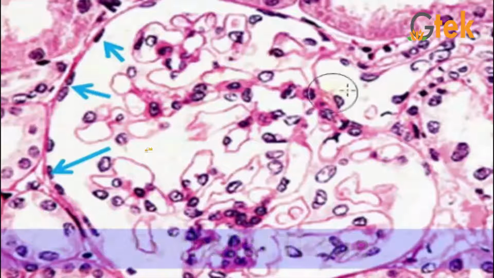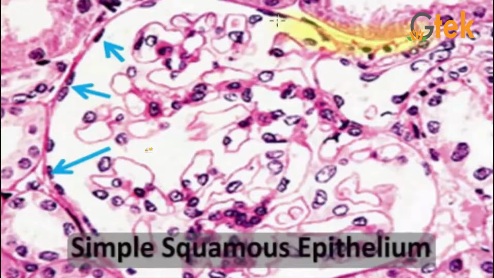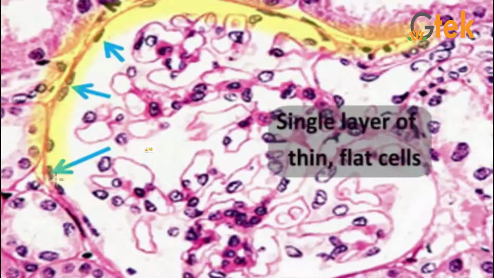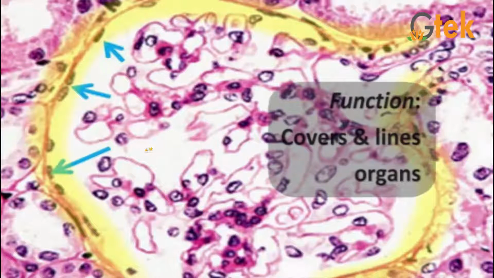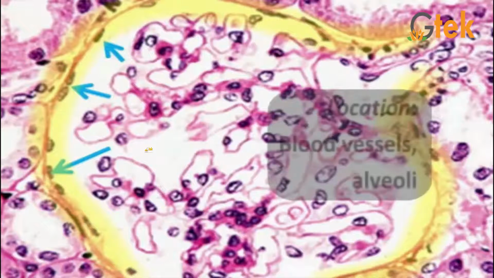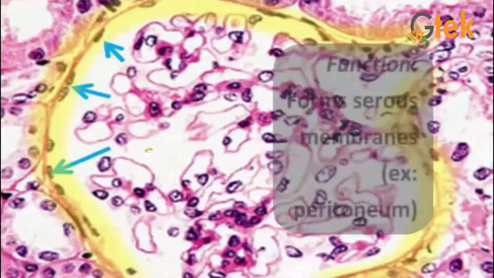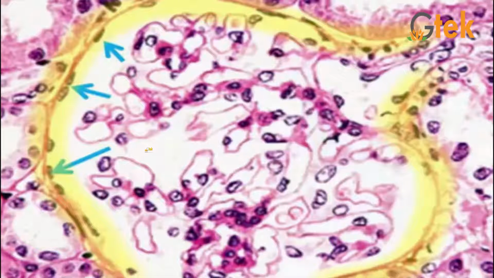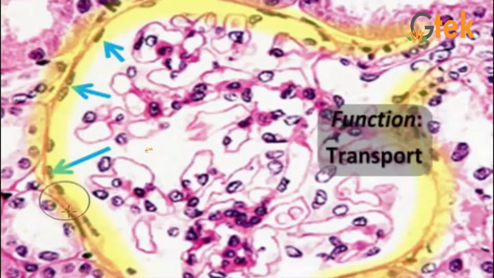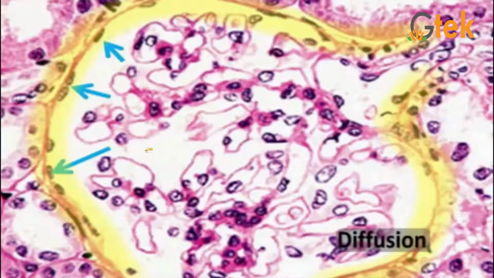And now we'll see about epithelial tissue, that is the simple squamous epithelium. You can see the single layer of thin flat cells over here, and its function is to cover and line the organs. It is located on the blood vessels and alveoli. It also forms a serous membrane, that is the peritoneum. You can see here the cells are separated, and the function is transport, diffusion and osmosis, which